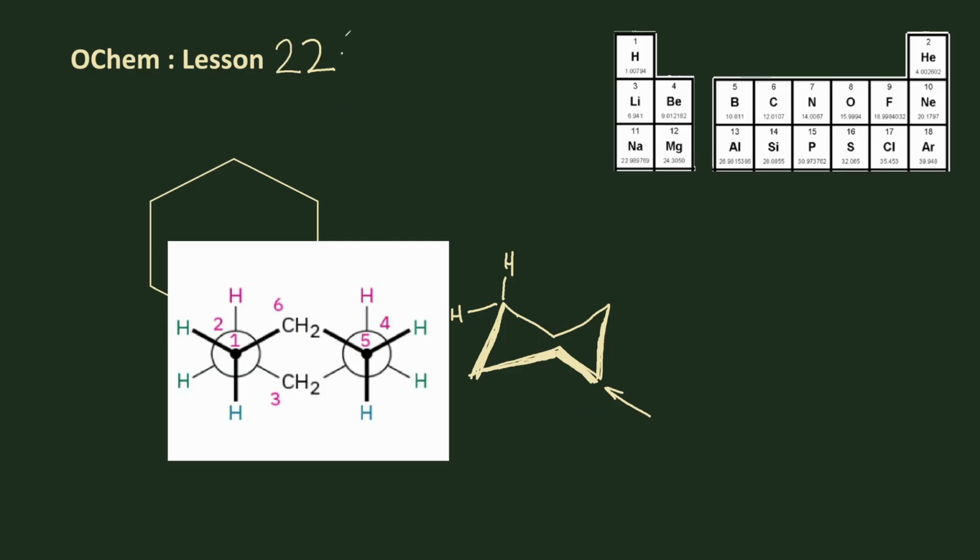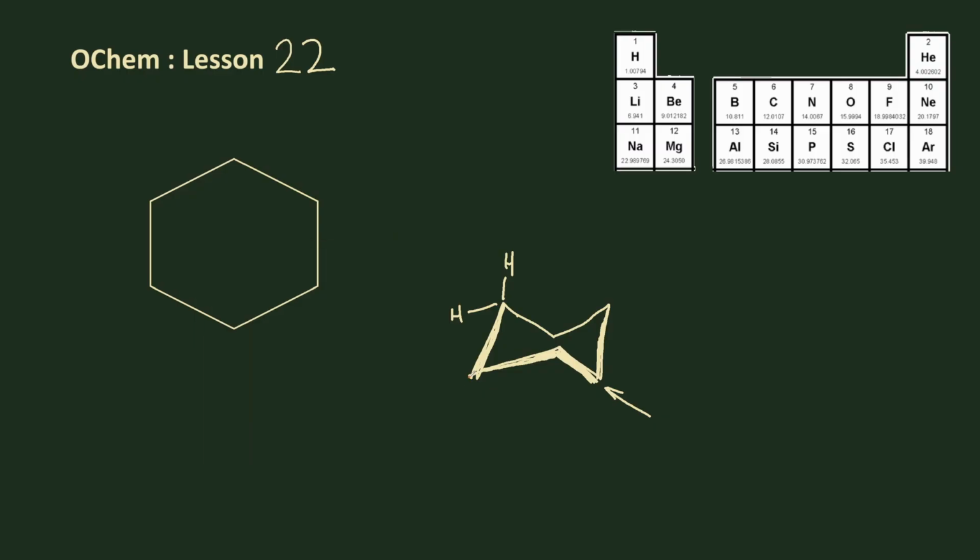Notice something here. I'll use orange. Every single one of these hydrogens has a nice staggered conformation on the outside. So if I take these away and I want to draw these hydrogens here like this, if I was to look down this pipe, you'd have hydrogen, hydrogen, and then the two behind it you can't really see because this carbon's in the way, but one is popping up this way and one is popping out this way. Look at the angle between them. It's